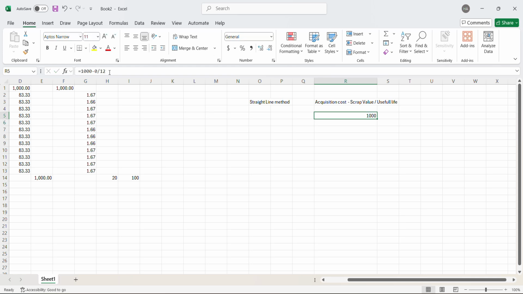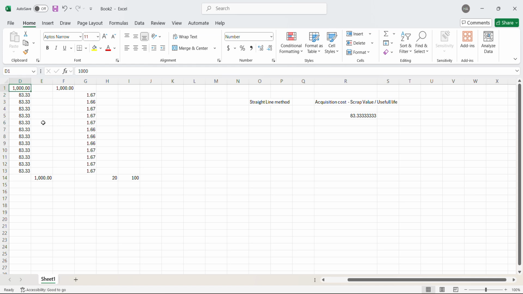And if you do that, you will discover that the asset would have completed its depreciation. Let me use this as a practical example. We take 1,000, right? Let's divide by 12, and it will give you 83. So what this practically means is that if you have 1,000 here, and you depreciate it monthly, as we have explained here,